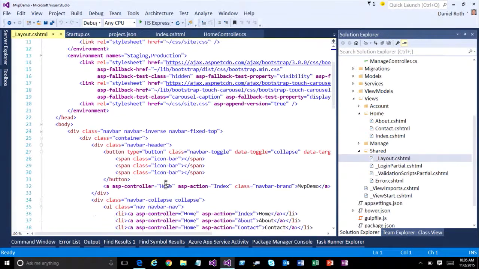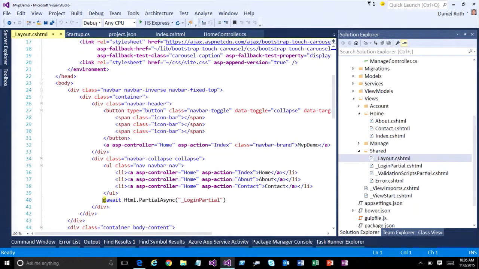And you can see that. Like down here at the bottom, there's a partial that's getting included in the layout by default in the template. And it's partial async instead of just partial. That's because you can run asynchronous logic now in these pages. And you'll notice that there's new syntax here to enable that. You can await asynchronous logic from within your Razor pages. So if you're doing like web pages style apps, or you're doing more logic inside of your pages, that might